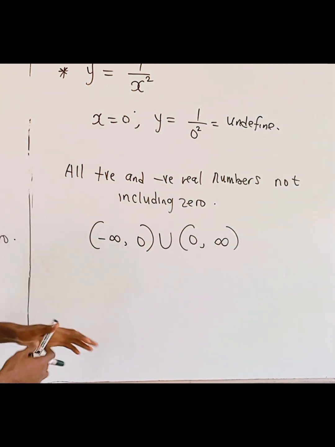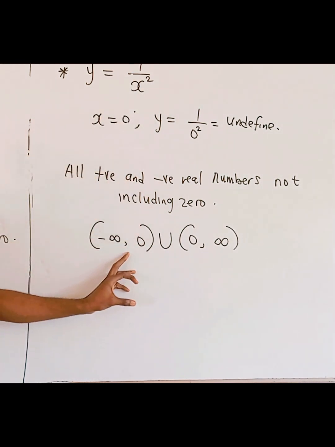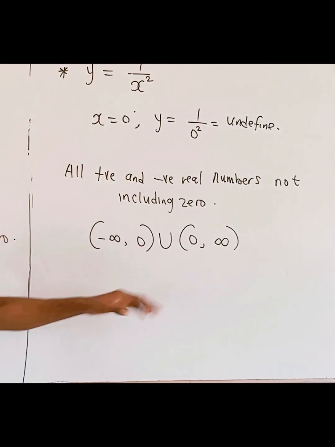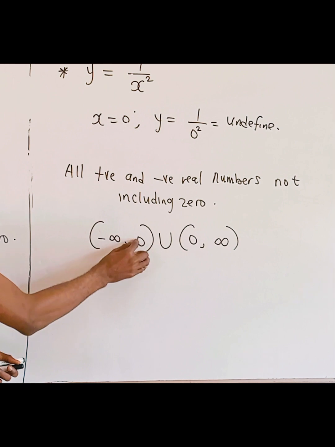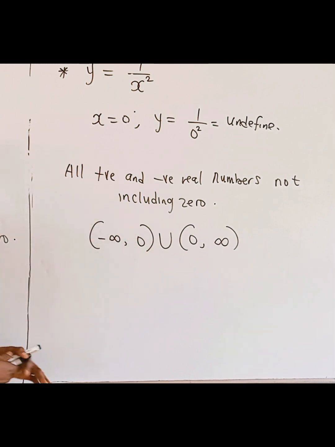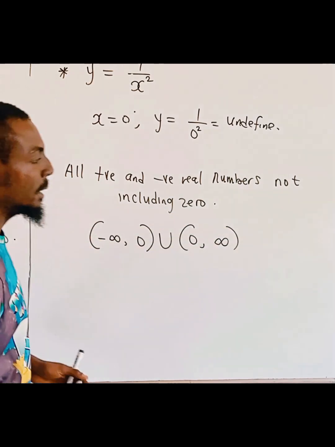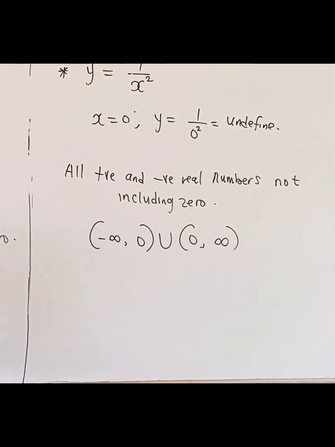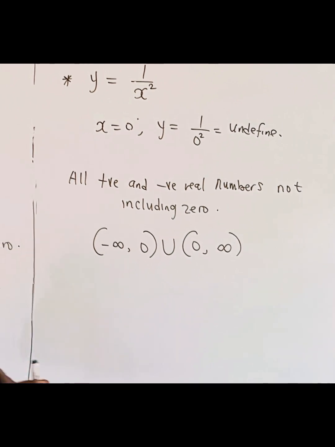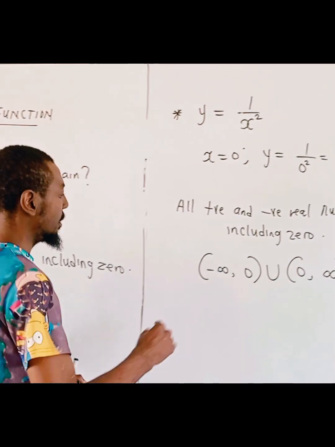So this is the domain of this function, which is all positive and negative real numbers, not including 0, but from -1 to negative infinity, not including 0, and from 1 to positive infinity. So that's the domain of the function. Then the last one I would love to talk about now is